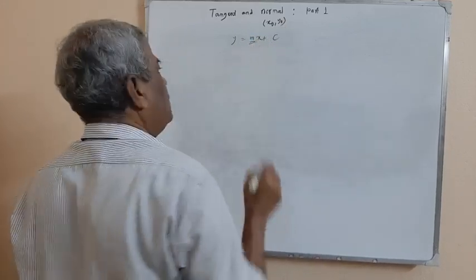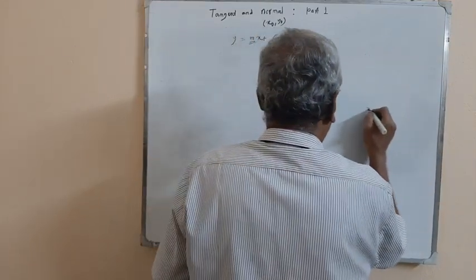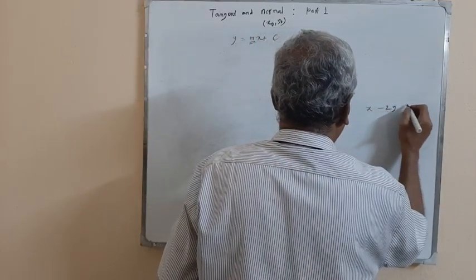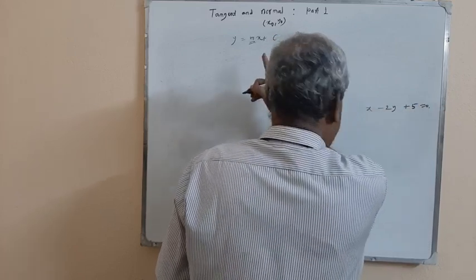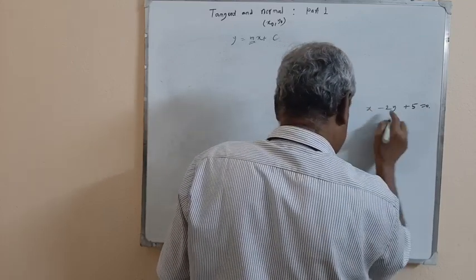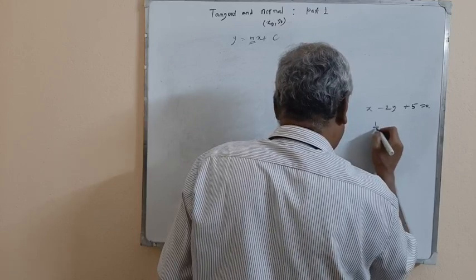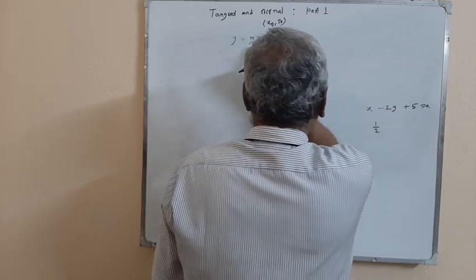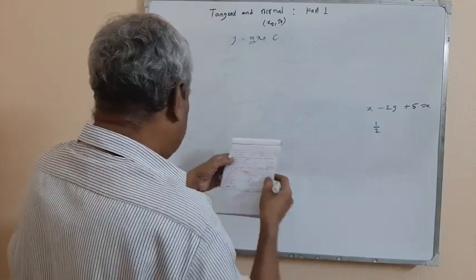This gradient is known to us. Suppose it is given that it is parallel to x - 2y + 5 = 0. The gradient of the tangent is parallel to that, meaning its gradient is half. So m = 1/2 in that case. Now,